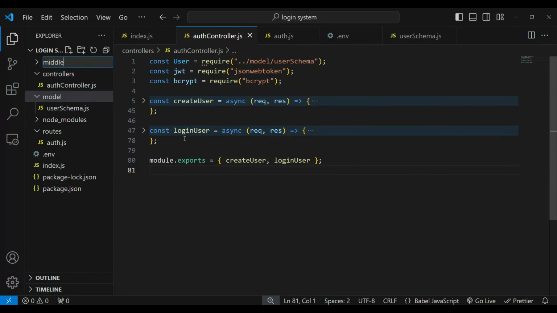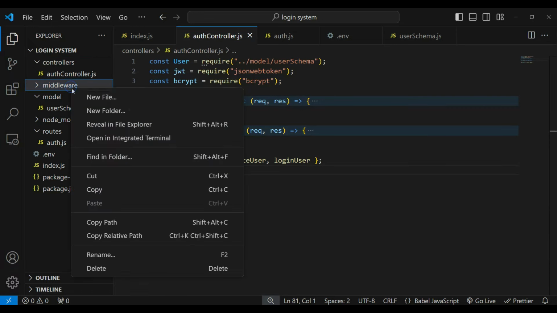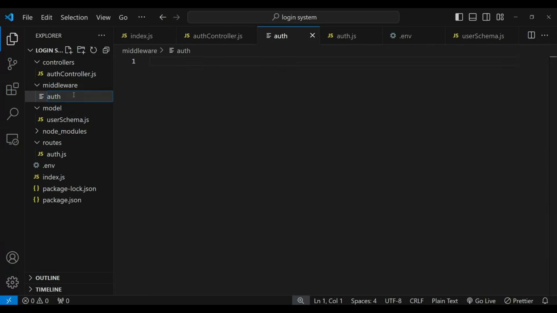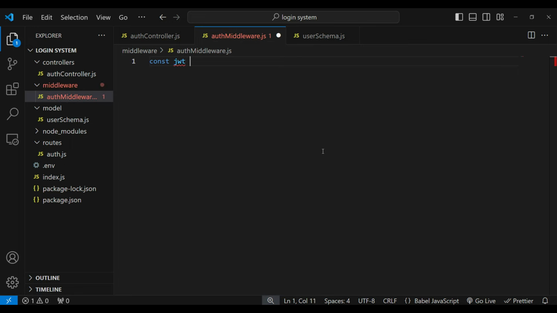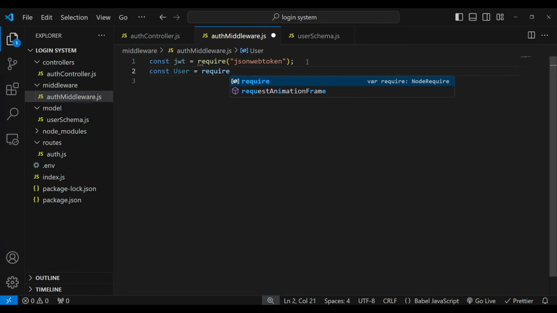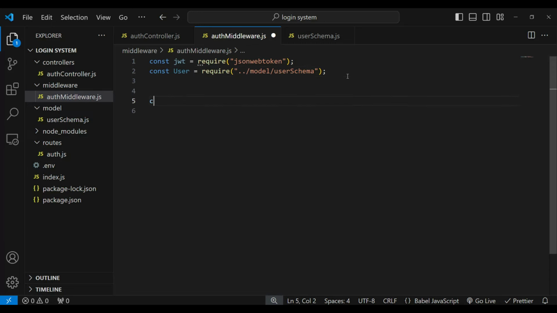Now let's create a new folder, middleware. Inside this, I'm gonna create a file named auth_middleware.js. First, we will import JWT from jsonwebtoken. And we are also gonna import our schema. So here in the require auth,